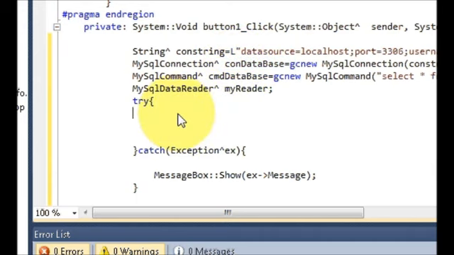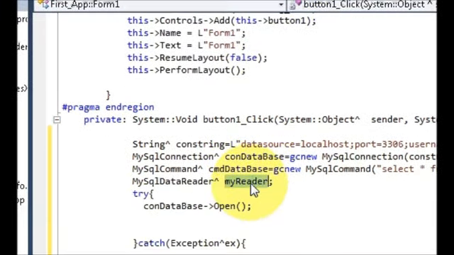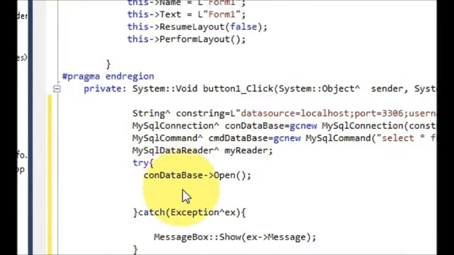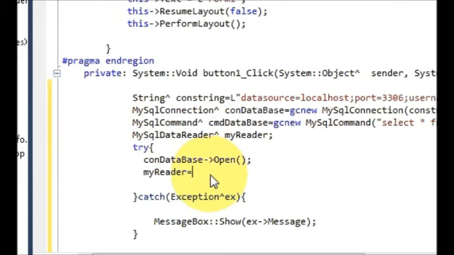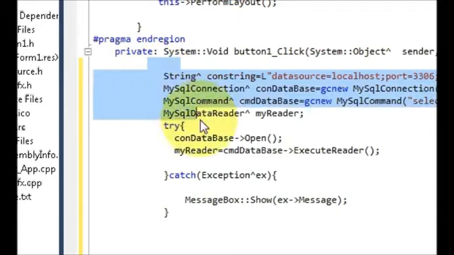Con database, copy and paste it here, and write this arrow sign or pointer and write open and bracket closed, and in the next line write or copy this my reader for reading my database, paste it here, is equal to, copy this command database from MySQL command and give this arrow sign once again, and then write execute reader bracket and bracket closed. Okay, so this completes our code